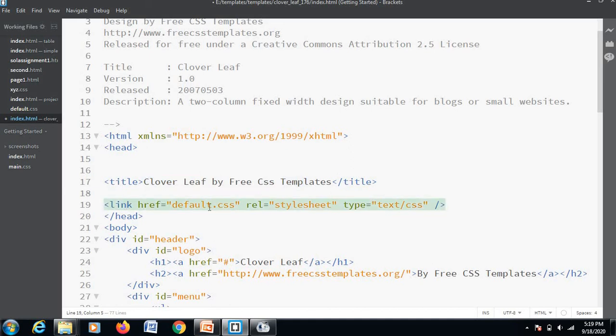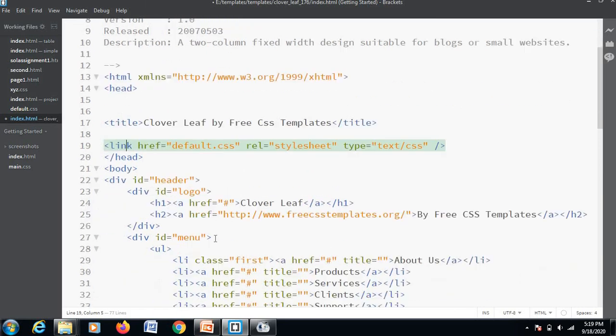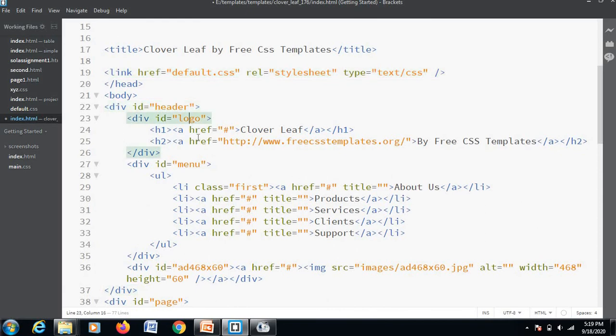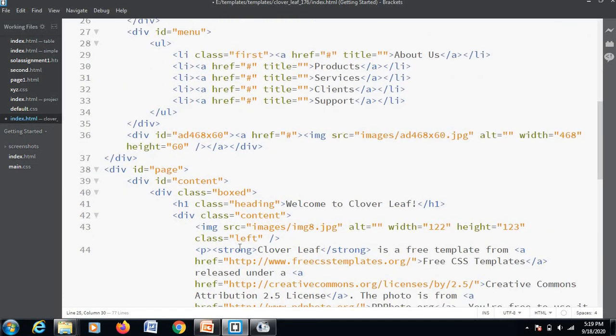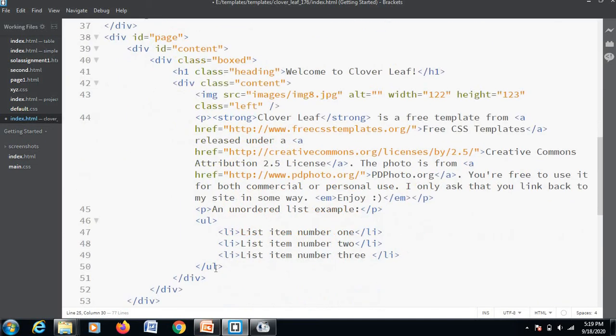Then here is the link which shows which CSS file is being used. It's used by this particular HTML file. And these are the particular blocks of this particular page. By div tag or by table tag, you can make blocks, or you can divide the page of your website. So here are the links. So you can change any part of this particular page and make a beautiful website in a very easy manner. Okay, so here are different parts of this particular template. Let me show you again how it looks.